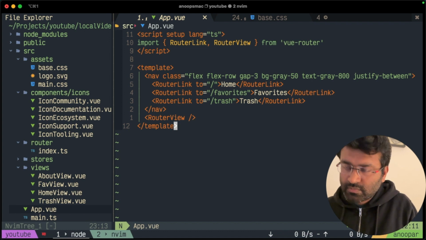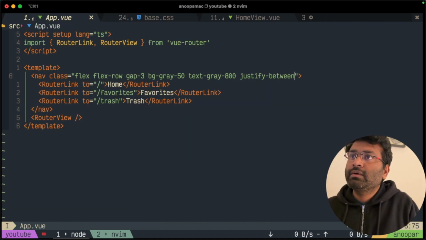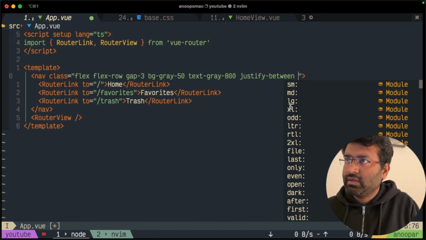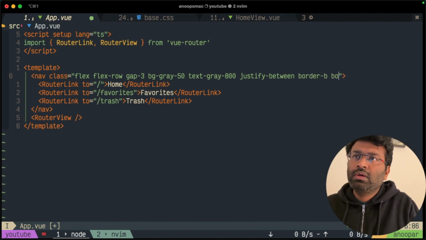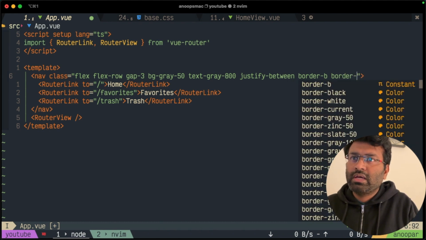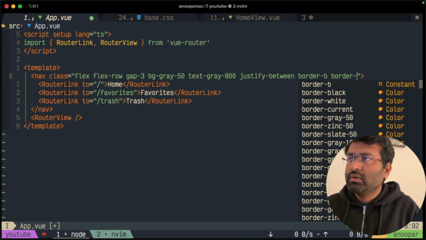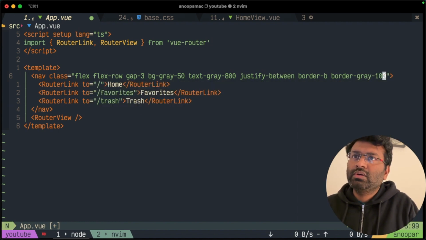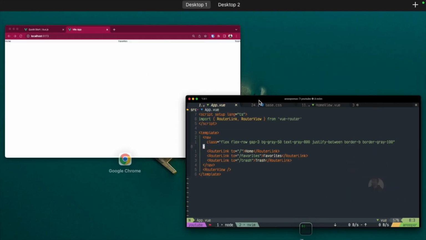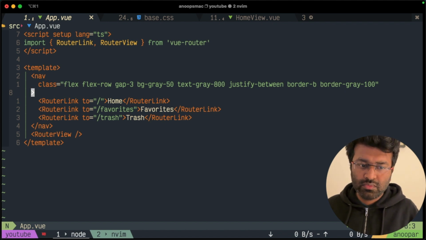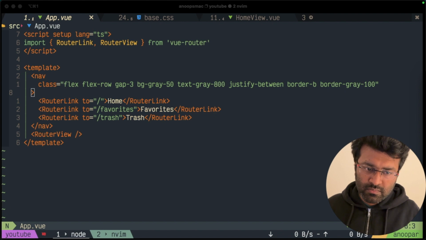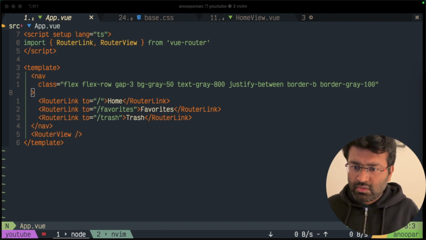So let me get rid of this, and then we also need a small border at the bottom, so border bottom, and that border would be a tad different from the background, so border gray 100 will do the trick, so it will give a faint border. Yeah, so it's visible there now. So now we can